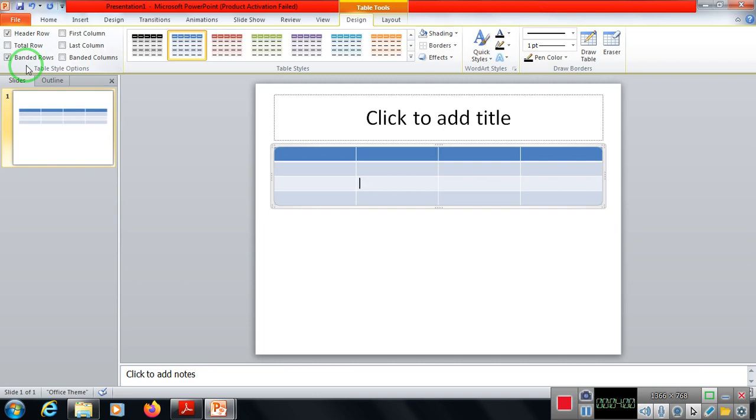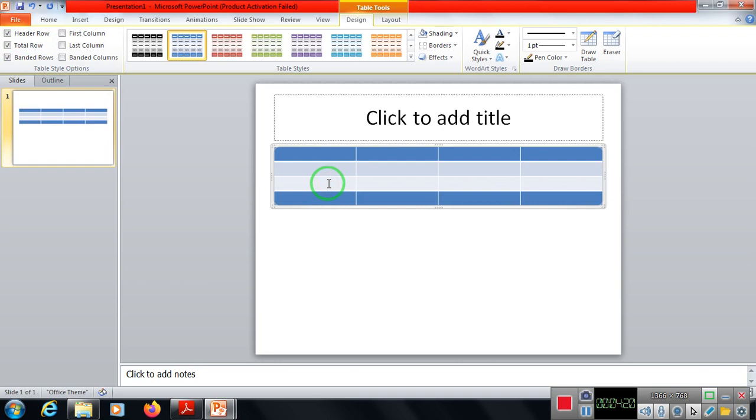Then similarly to the header row, we can use a bottom row also. The bottom row is generally used for displaying some totals. So if we click this Total Row, the bottom row will be displayed like this.